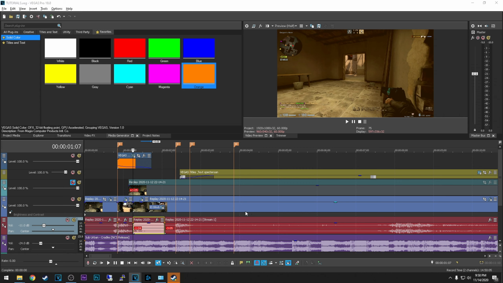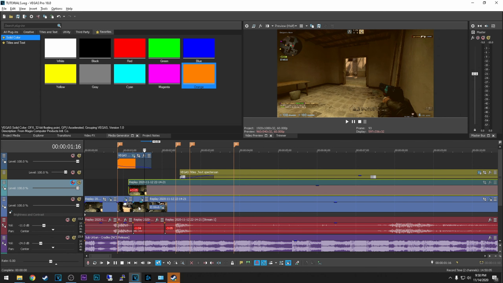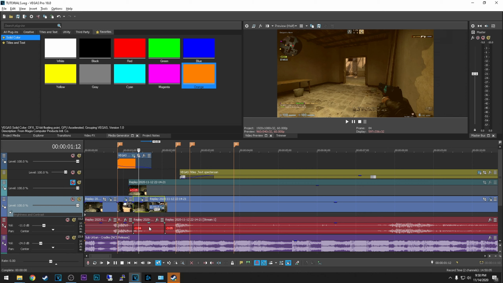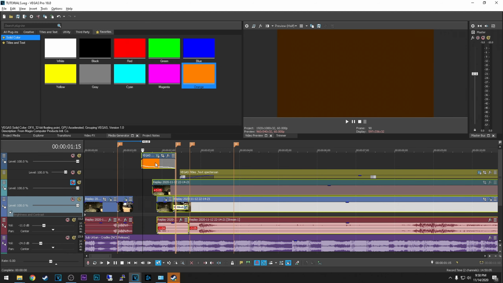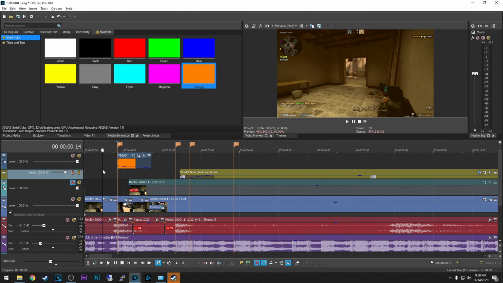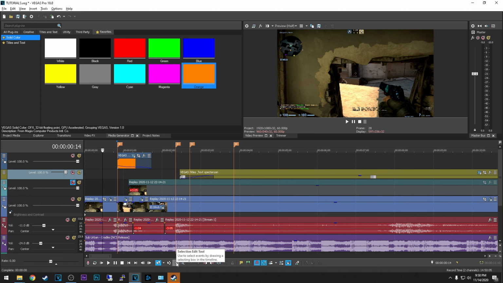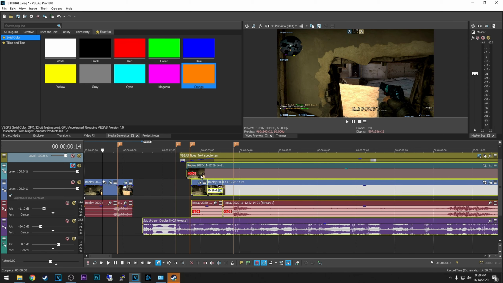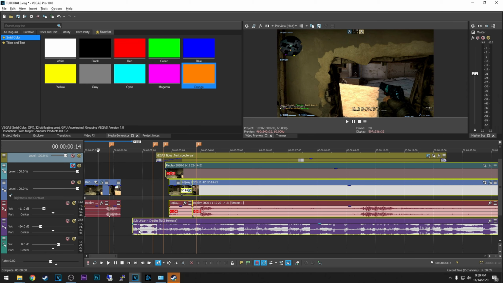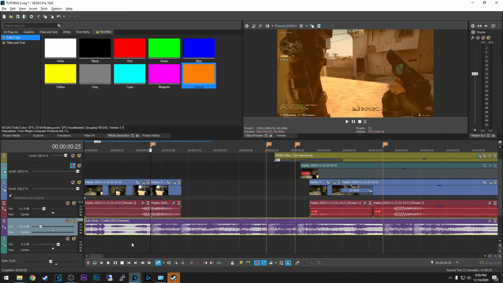And this is a trick right here. If you want to move multiple clips and audio tracks to the right, instead of just selecting everything and moving them like this, you can use this tool right here, which is the selection edit tool, and it will select multiple clips and audio tracks for you to move easier, just like that. Actually, I didn't want to move this, so I'll get it back here.